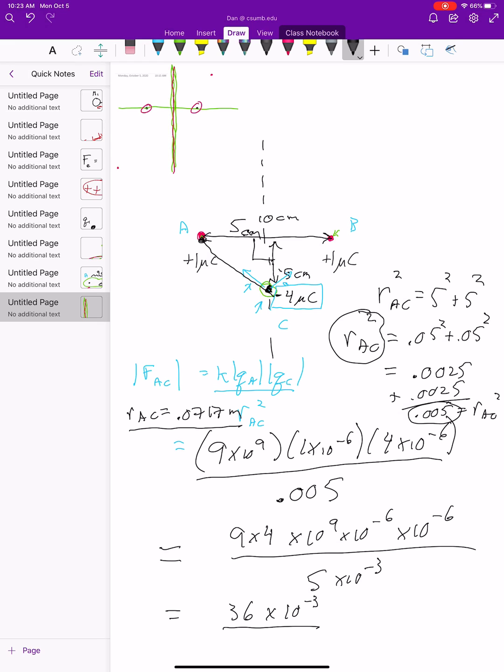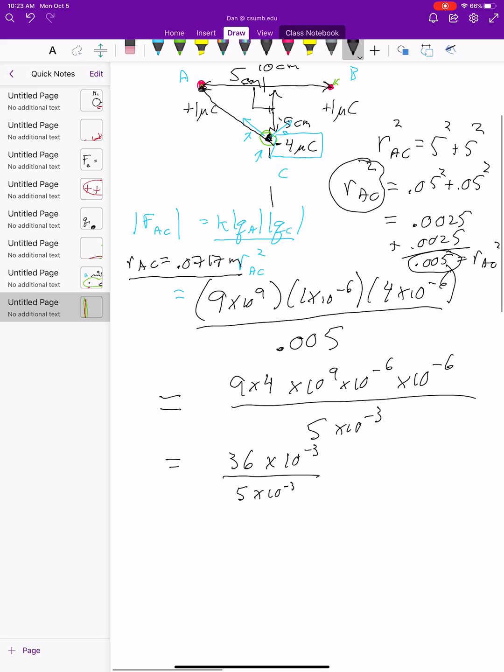Great, because the 10 to the ninth times 10 to the minus 6 times 10 to the minus 6 is 10 to the minus 3. On the bottom, I have 5 times 10 to the minus 3. All right, and the 10 to the negative 3's cancel. So what I have is equal to 36 divided by 5, and that's going to be equal to 7.2